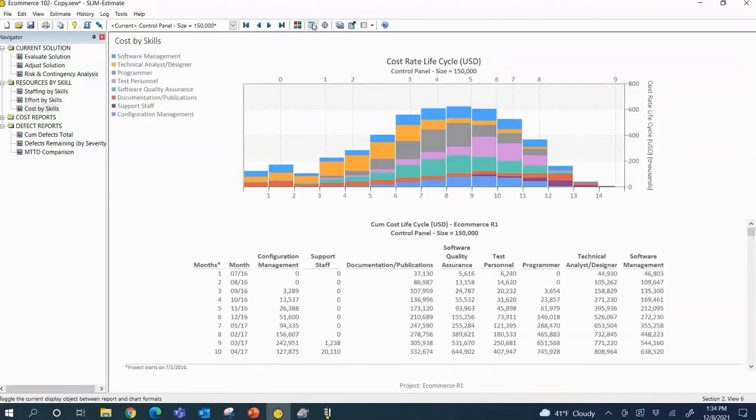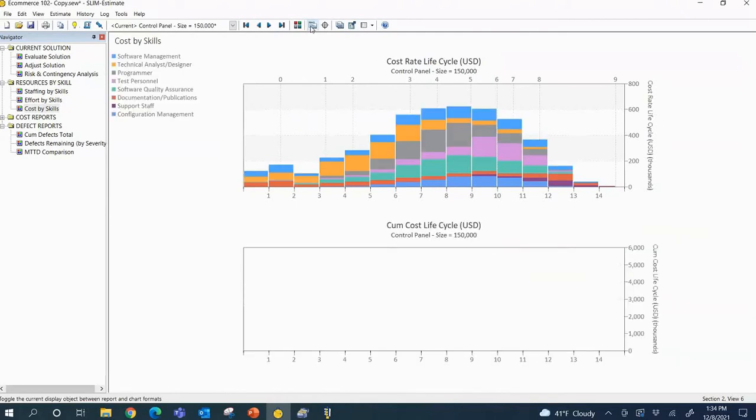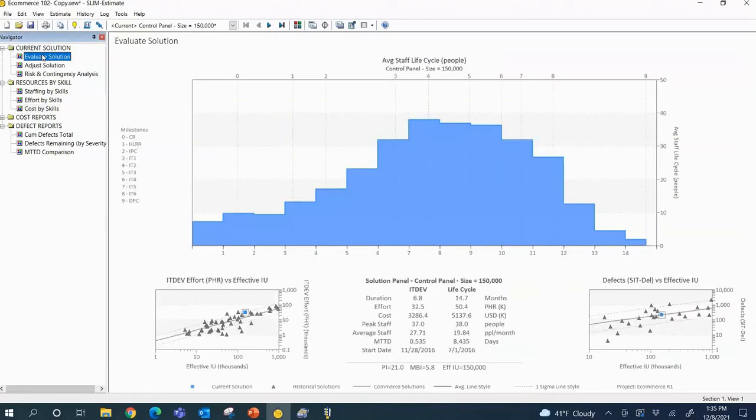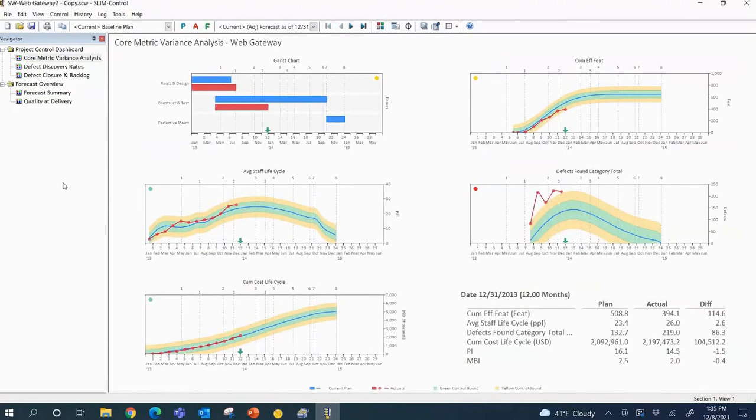All goes out to a report or chart, right? So it's flexible. I can look at those analytics and I can use them all together. I can use the reliability estimate alongside the cost and the schedule. Now, once we are comfortable on our early estimates and our early decisions, we can track those estimates using Slim